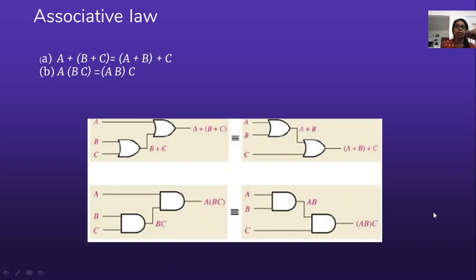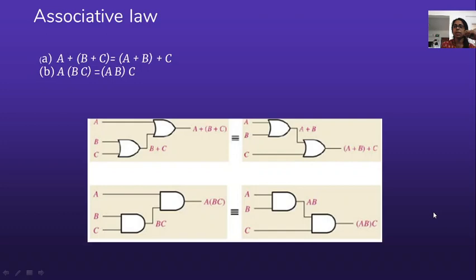Here also you can check by replacing A and B and C with the variable 0 or 1. Do it yourself and feel that you are getting the answer. You can put A as 0, B as 1, C as 0. That is all depending on your choice. You can put either 0 or 1. That's the only restriction. Okay.